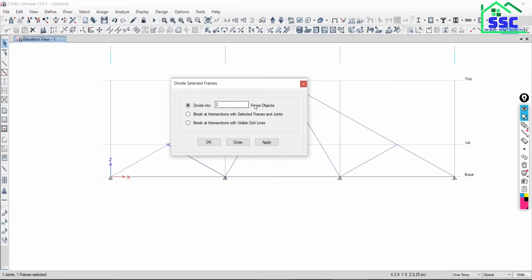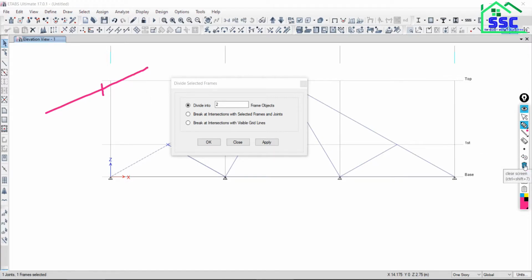Here you will find three options. Divide into number of segments: suppose there is a frame element like this and I want to divide it into 5 parts, so you put 5. If you want to divide into 2 parts, just put 2. We will see this command in detail in the command section. Got it?